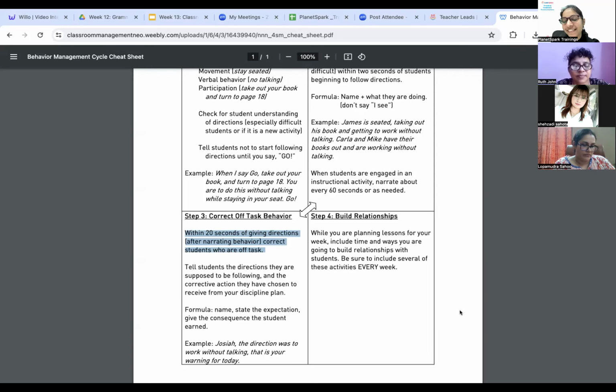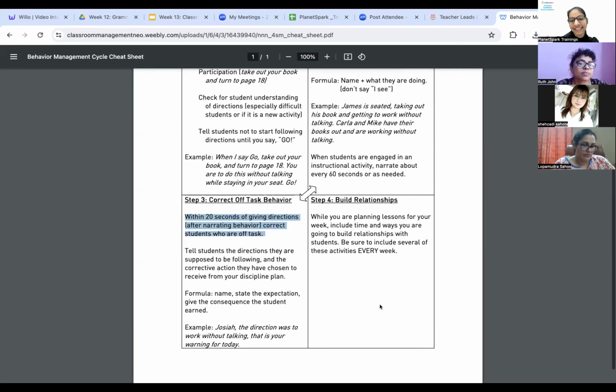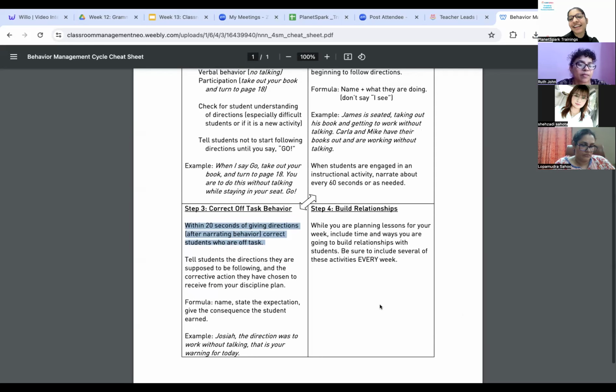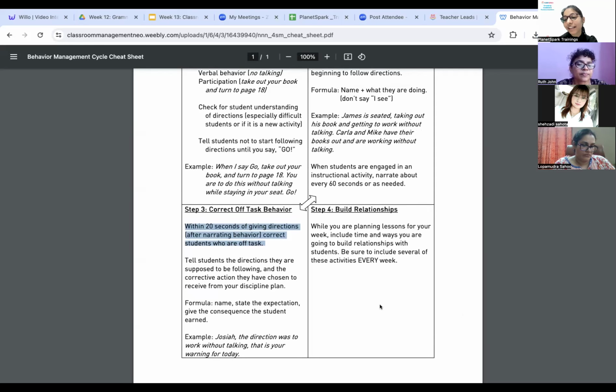Whatever the setting, we have two instructors to do it. One is the facilitator and the second is the instructor. But by the way, what this person's voice is doing is behavior narration. AI narration. AI-led behavior narration. So it's neither positive nor negative. It's neutral. It's just telling what is happening.